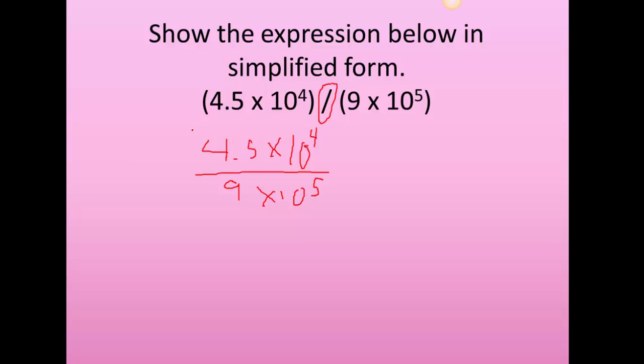So now you can do this first part first. So take 4.5 divided by 9. And that's going to give you 0.5. So 0.5